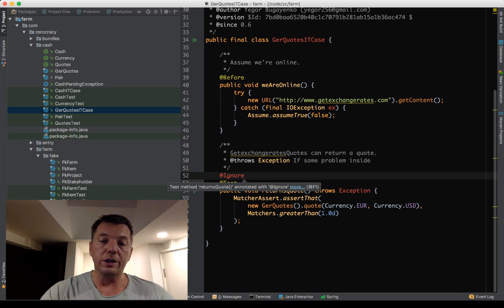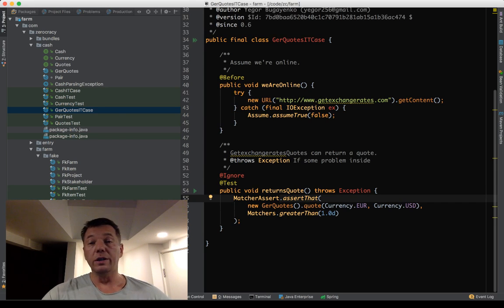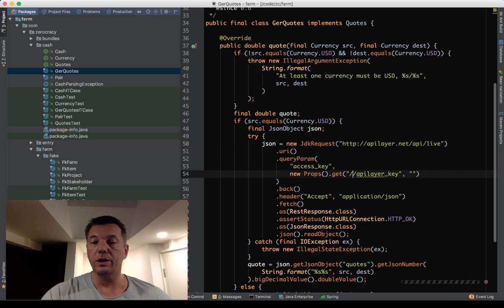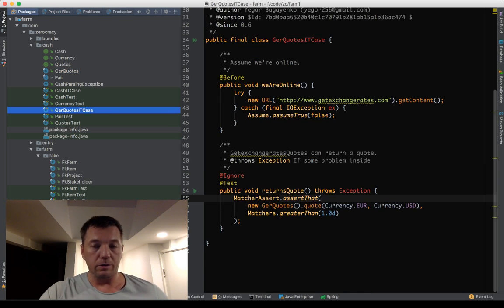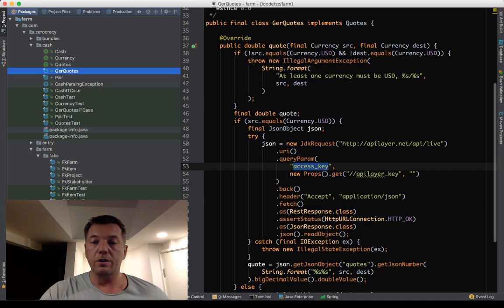And then I put this Ignore annotation later just to turn it off, because it's not really stable and it takes time, and I need to provide production API code, because look, this class also needs an access key, which I don't want to keep inside the code base. So it's a lot of hassle. That's my point. Testing this class is difficult because there is a dependency which I cannot break. Look, it stays right here.